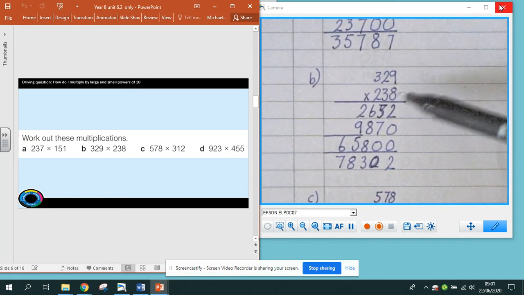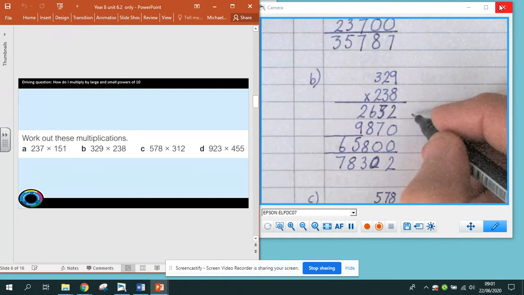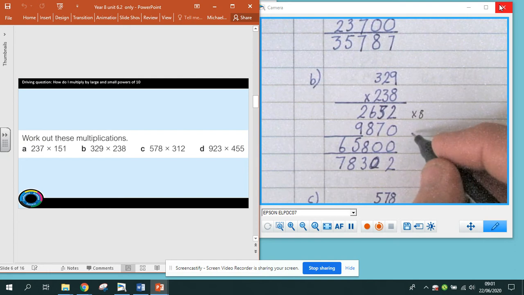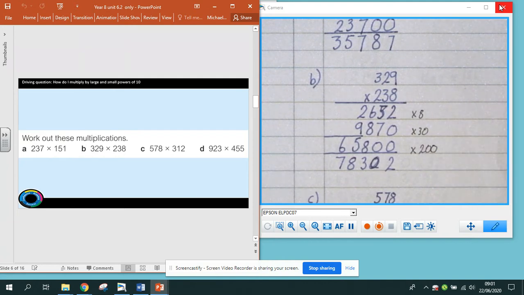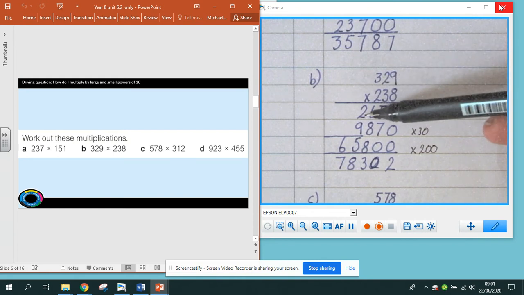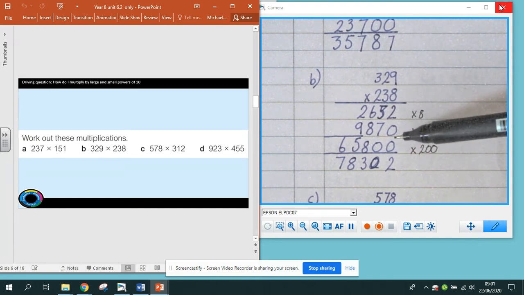For my next one, I'm going to multiply by 8, then by 30, then by 200. So 8 times 9 is 72, put down 2, carry 7, 8 2s are 16, and 7 is 23, so put down a 3, carry a 2, 8 3s are 24, and 2 is 26, so 2,632. Now I'm going to multiply by 30, so I put down a 0 in the ones column, and then